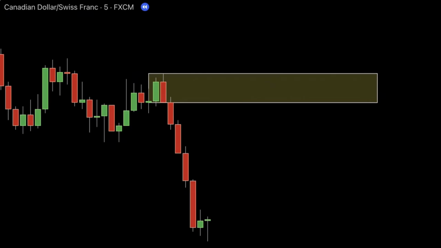Alright, let's dive into a mistake that's far more common than you might think, and it can happen no matter what trading style you use. So here's the situation. You're watching the charts, and you spot the perfect supply zone forming. The setup looks solid, the kind of trade that feels like a no-brainer. But then, something distracts you. Maybe you get a notification from a trading group hyping a different market, or you start scrolling through social media and see someone posting about massive gains they just made.